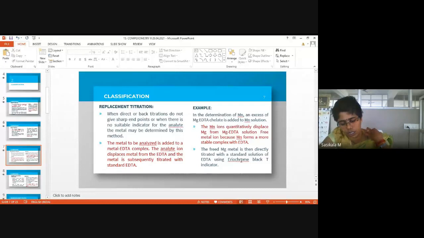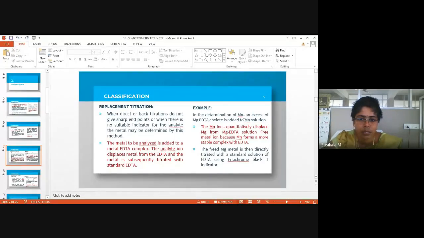In all complexometric methods, the common indicator will be eriochrome black T. It is a type of colored dye, and it is shortly called EBT. The short form of eriochrome black T is EBT. It is used as the indicator for back titration, direct titration, and complexometry. We are going to discuss metal ion indicators later. The common indicator will be eriochrome black T.